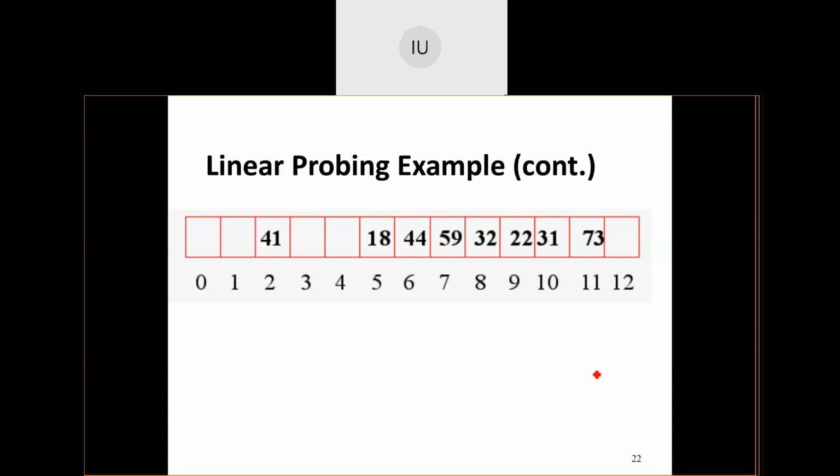What is the meaning of this? Plus 1 square. If the position is not there, plus 2 square you do. It means I'm adding plus 4. If that position is also not there, then do plus 3 square. It means from the current position, you are adding 9 positions away from it. So there is no problem of what is called primary clustering.